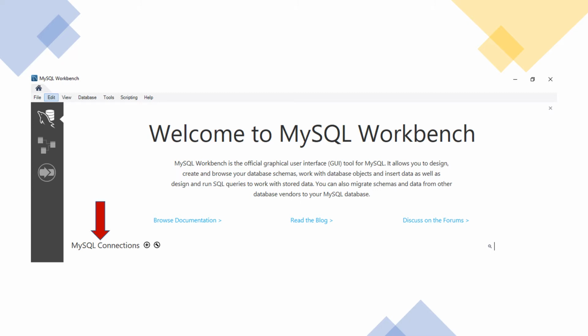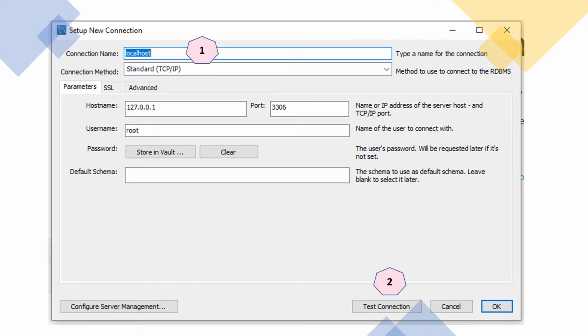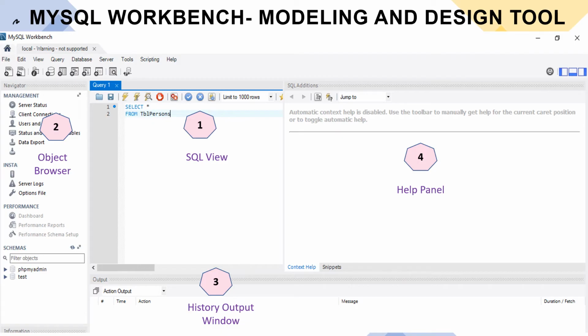We have the MySQL connection. This is where we type the connection name. For example, you type localhost, then you click the test connection button. And these are the MySQL Workbench